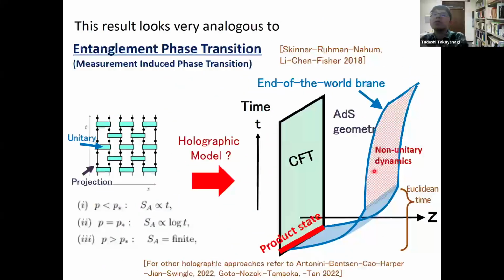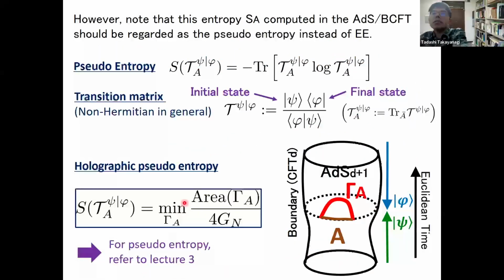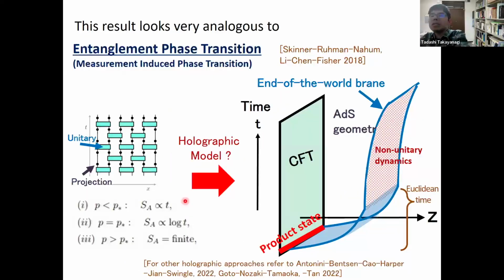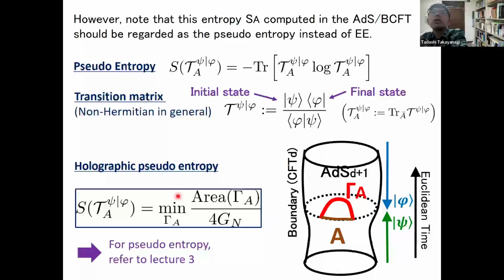So in the AdS/CFT viewpoint, we start with some product state, and we have a Euclidean end of the world brane, and we have non-trivial dynamics. And interestingly, the scalar field here actually turned out to take an imaginary value for Lorentzian time evolution. It looks similar to introducing this dissipating dynamics like projection. But at the same time, we have to be careful that this setup is not exactly the same as what condensed matter people discuss as the measurement-induced phase transition,